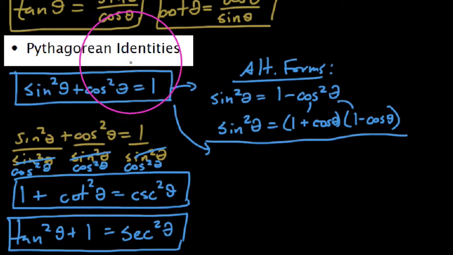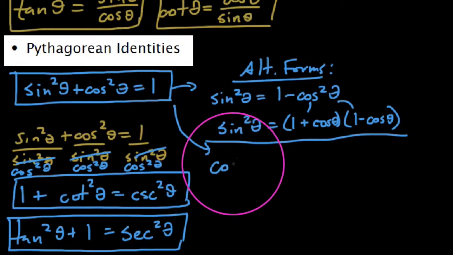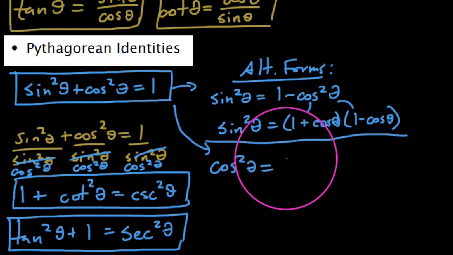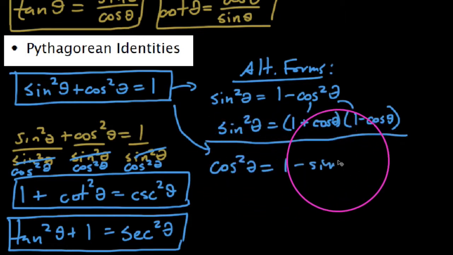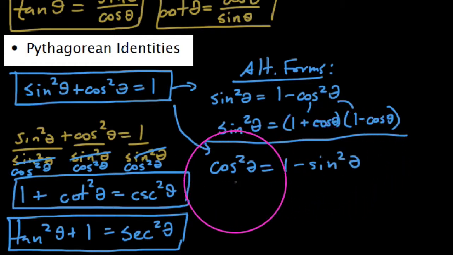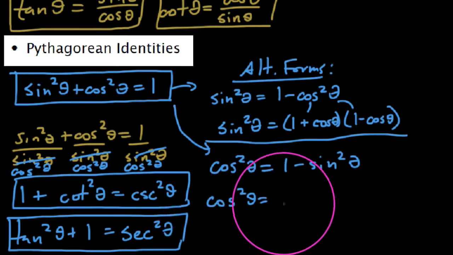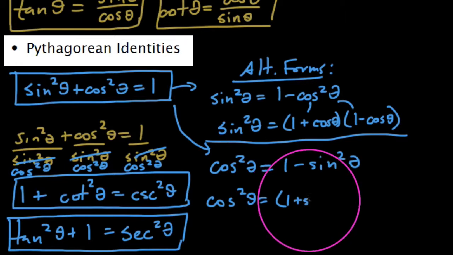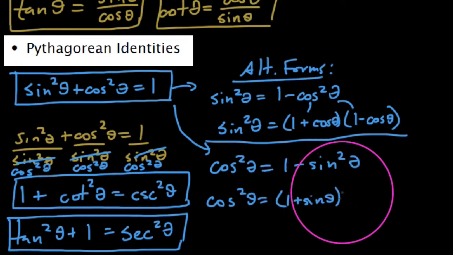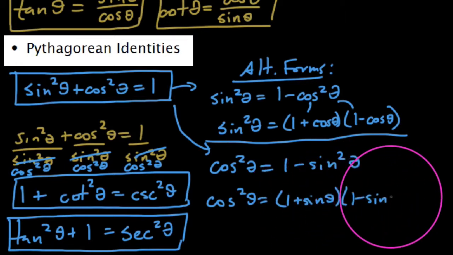What if we were to take the sine squared and subtract it over to the right side? This also means that cosine squared of theta would be equal to 1 minus the sine squared of this angle. So 1 minus sine squared is the same thing as cosine squared. They're replaceable, interchangeable. As well, we could say cosine squared also would be this difference of squares, where we have 1 plus the sine of theta and 1 minus the sine of theta, where these are conjugate